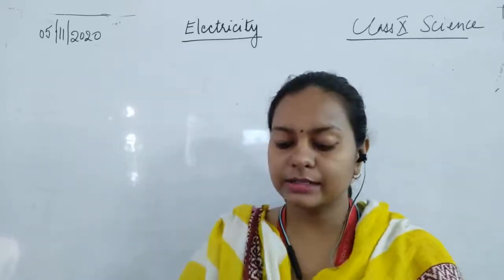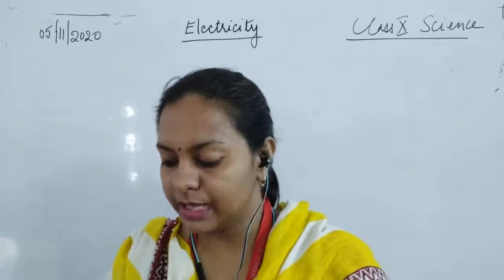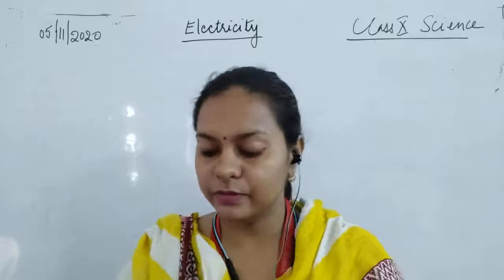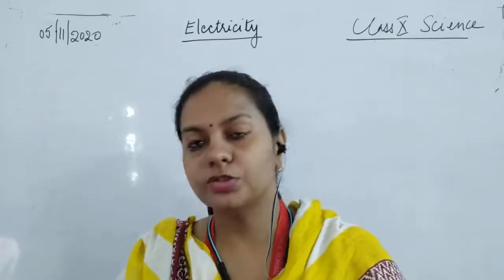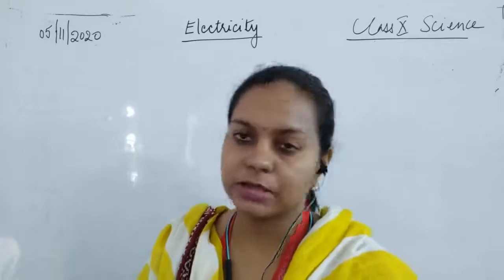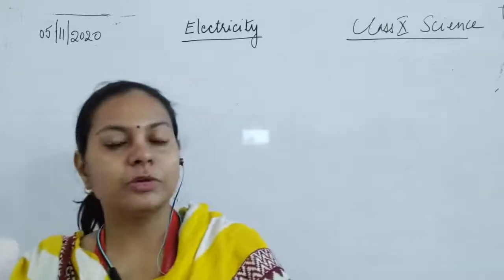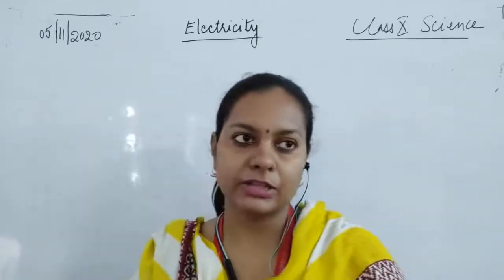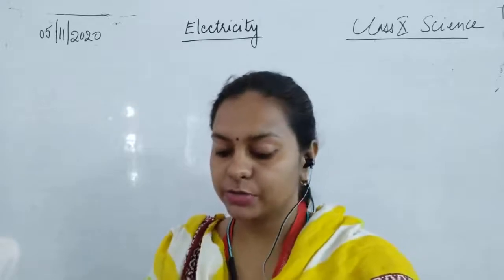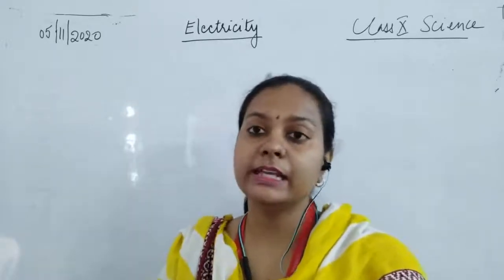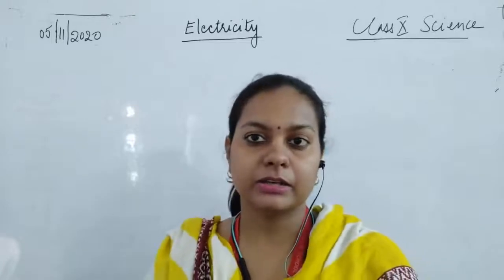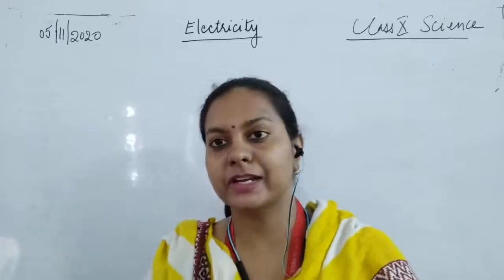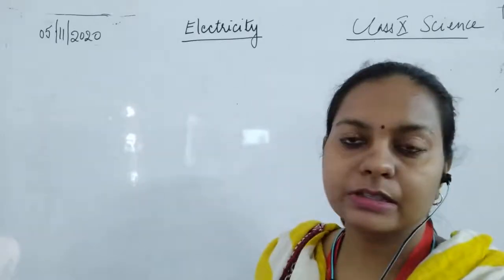We have also seen that electricity is composed of various charges. There are two types of charges, positive and negative, and these two charges behave in different ways. Like charges repel and unlike charges attract each other. Based upon the passage of electricity, materials are of two types, conductors and insulators.